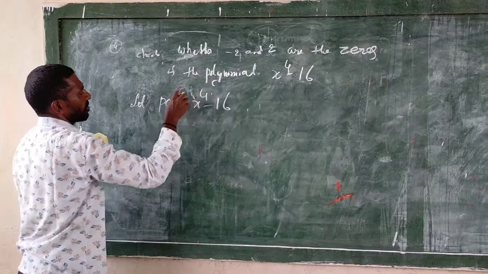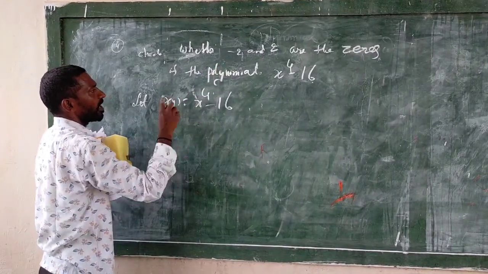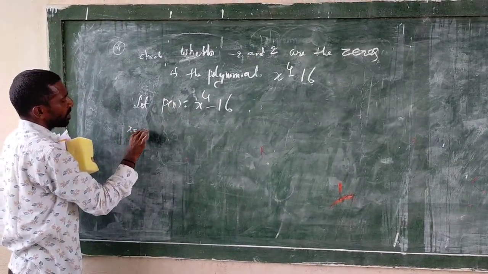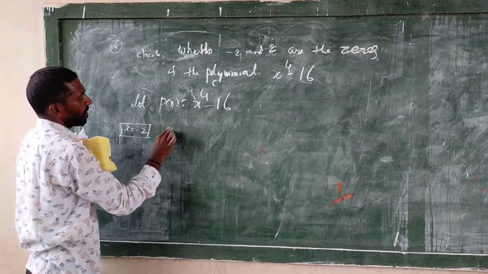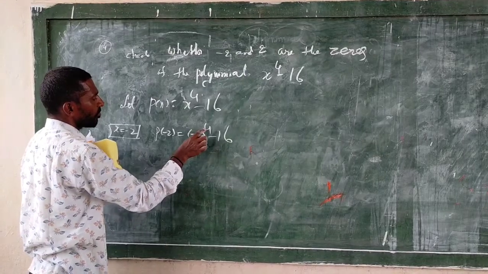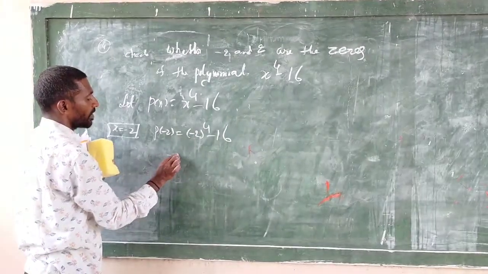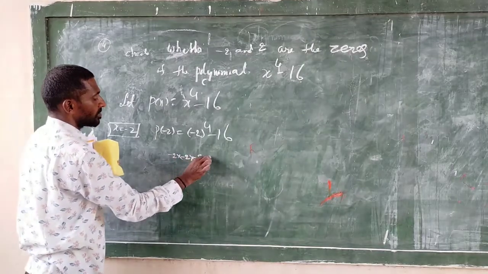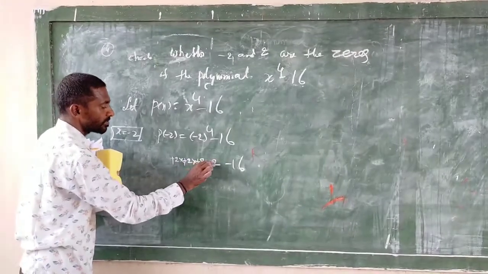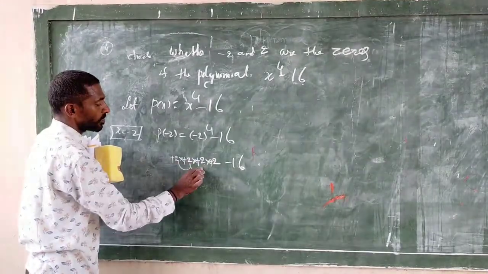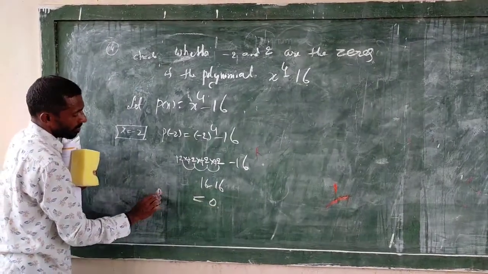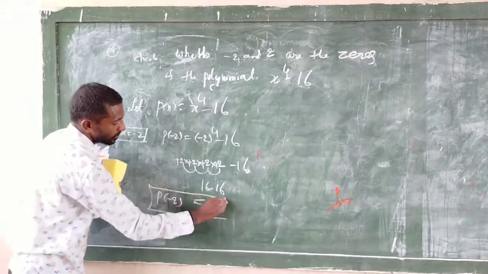Put x value equal to 2, substituting in the equation, and again next, x value equal to minus 2 and plus 2. We have x equal to minus 2 substituting in the equation, P of minus 2 is equal to minus 2 to the power of 4 minus 16. Minus 2 to the power of 4 means 4 times multiplication: minus 2 into minus 2 into minus 2 into minus 2, and minus 16. Minus minus cancel, minus minus cancel. So 2 2s are 4, 4 2s are 8, 8 2s are 16. 16 minus 16 is equal to 0. Here P of minus 2 value is equal to 0.